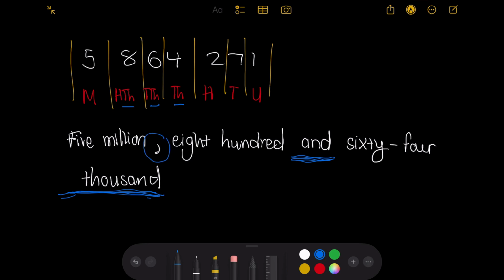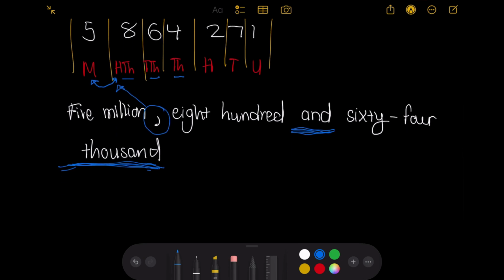When we think about the comma that is being used here, the comma is being used because we are transitioning from millions to hundreds of thousands, right? And then you'd add a comma here when we transition from thousands to hundreds, and there is no zero. That's really important. All of these values are digits greater than 0. So that's why we add another comma here, and then we would say